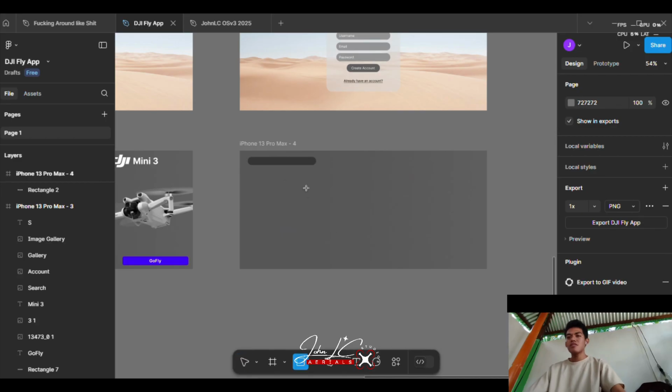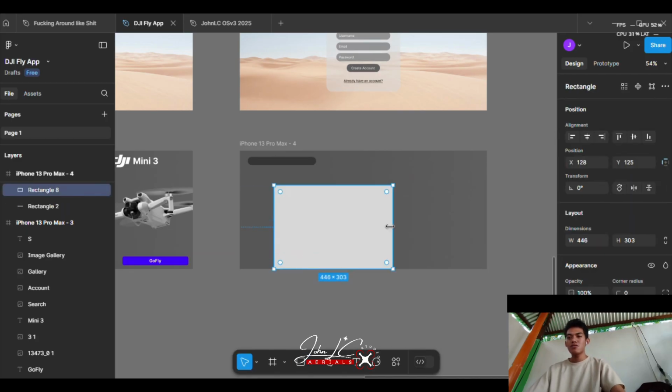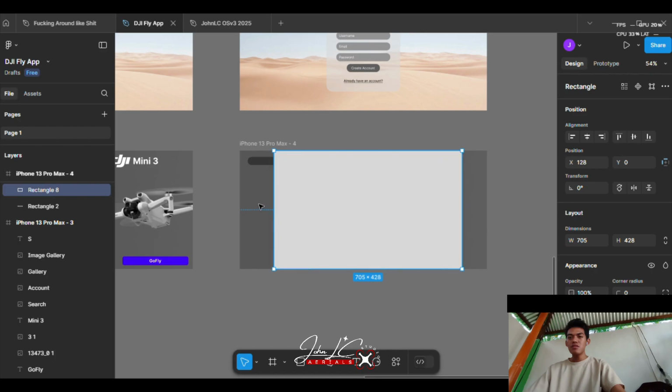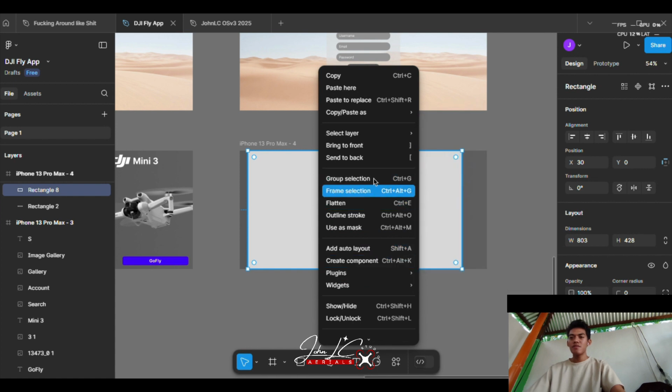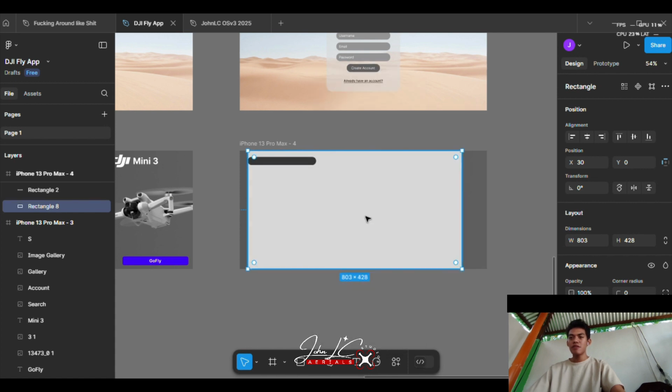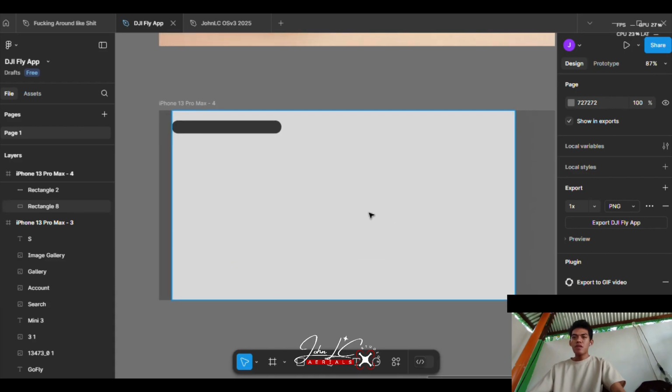And add a rectangle for the image. In this image, we will be adding the feedback of the camera. Bring it or send it to the back,